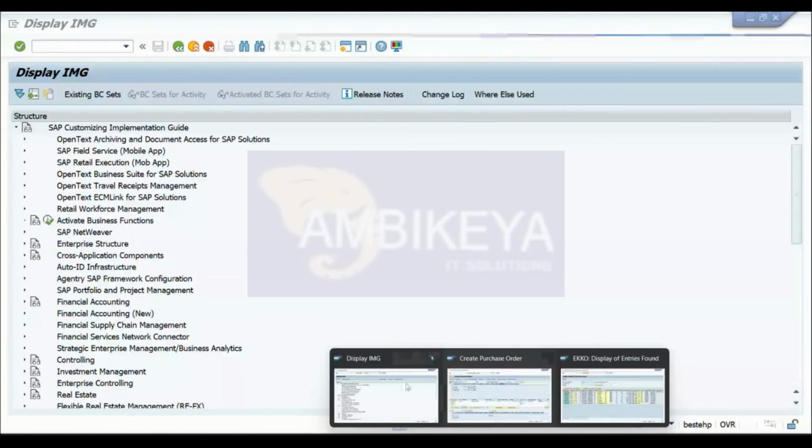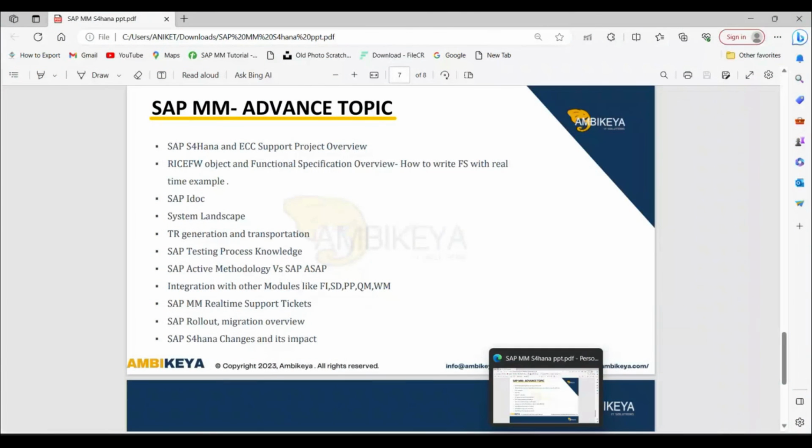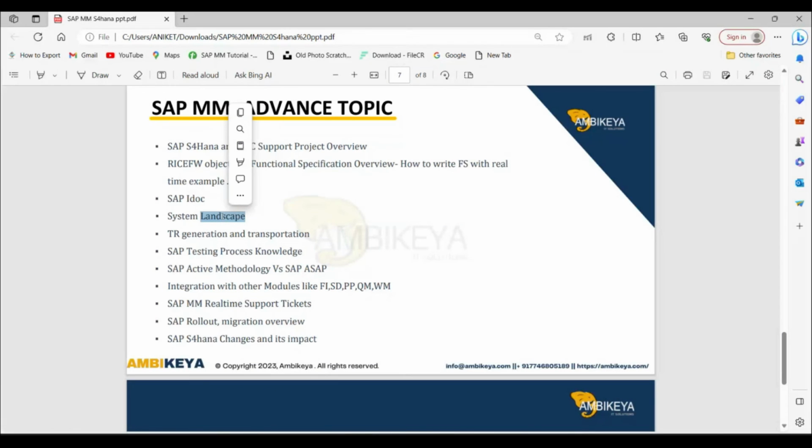Before logging into this system, I have shown you this one system. But in industry, when you work there, there will be different types of systems: development, quality, and production. So we will go through the whole system landscape, how it works in development, quality, and production, which type of testing is done, then how the TRs are transported from one system to another system, which customization we will do in